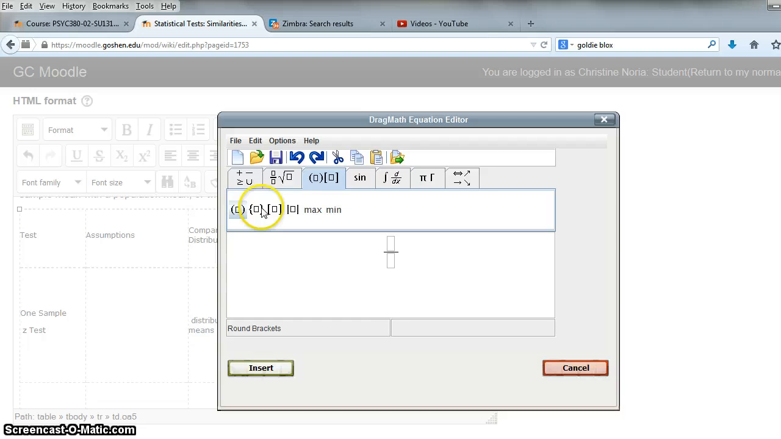I need some parentheses on the top, so I'll put this up here. Oh, let's see, there we go. And now I can type in, let's see, oh, it's M, right? So we're going to say the mean minus, and then we want to insert mu, which